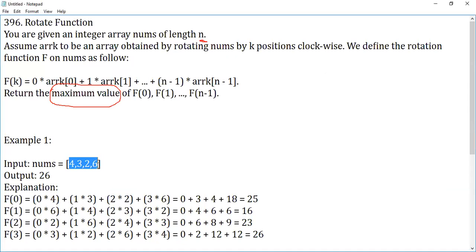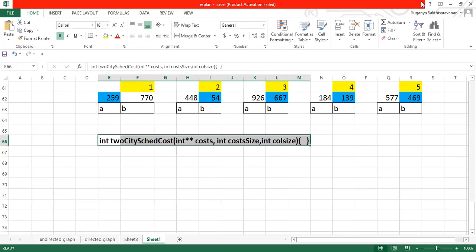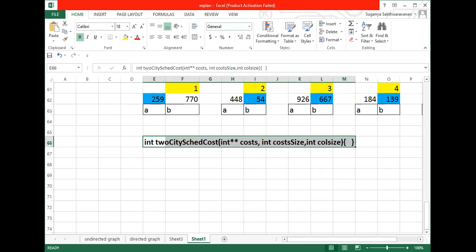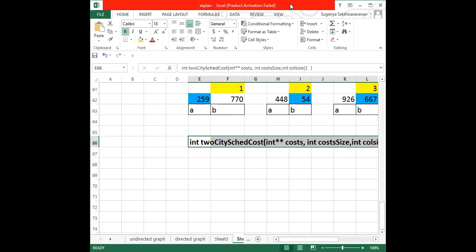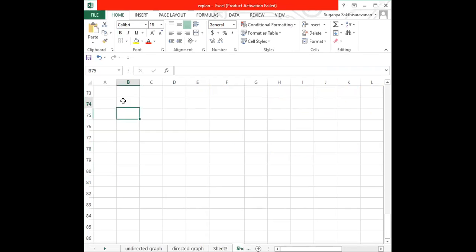So this is the array value they have mentioned here. As per the given scenario, this is the array.